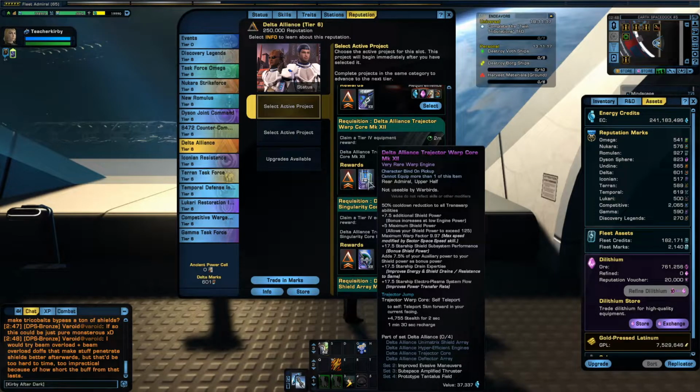So this reduces the transwarp abilities by 50%. It also gives an additional amount of shield power. Okay, 7.5 additional shield power, and +5 maximum shield power. So that means you can have your maximum at 130 instead of 125. It gives you warp 9.97 in space. It also gives you Starship Shield Subsystem Performance, which is bonus shield power, and adds 7.5% of